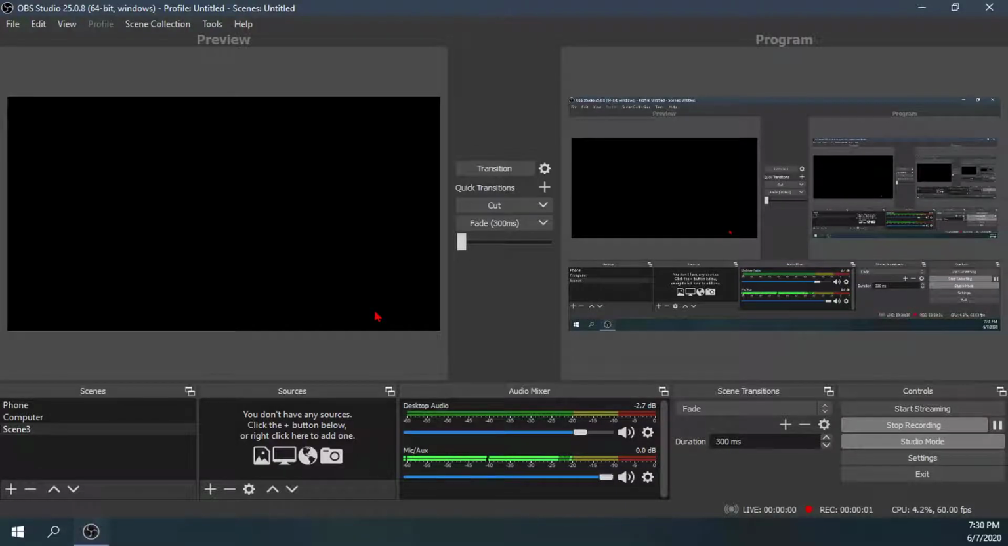How to choose your audio device in OBS. So for right now, I'm going to be using my microphone to record. That's what you're going to be seeing down here at the bottom for the audio device that I have currently